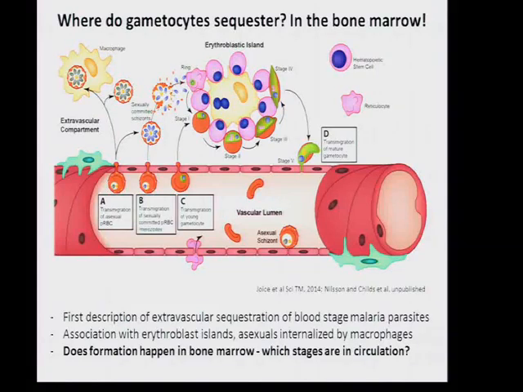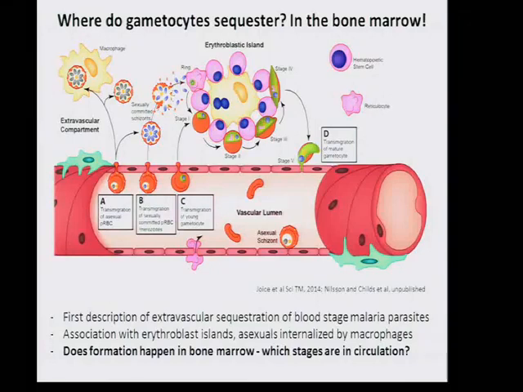An important outstanding question in that study was, does gametocyte formation actually happen in the bone marrow? Does it happen directly on site here, or does it happen somewhere else? And that's important, because if it's happening here, then the only stage that we find in circulation of the gametocyte cycle in falciparum would be the mature gametocyte. If it happens somewhere else, and it's this young gametocyte that eventually gets here and sequesters here, then we would also predict to find very young gametocytes in circulation. And the two together would be very interesting to look at the dynamics of gametocyte formation in different contexts, such as experimental infections, drug treatments, or longitudinal studies.